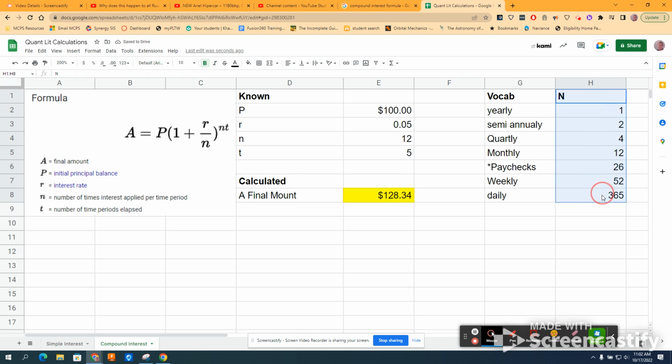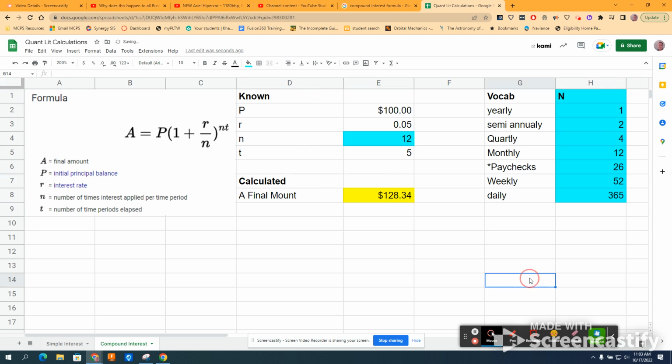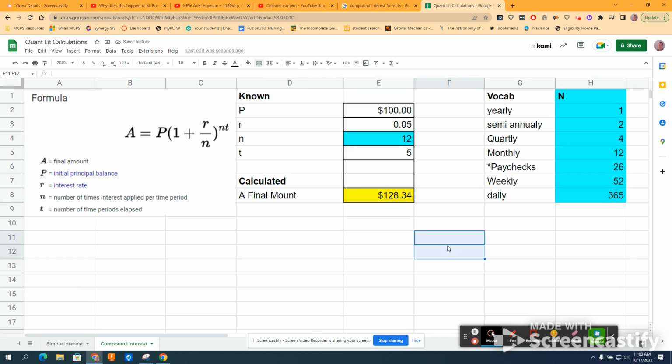Now, remembering that, we can color code this to some fancy color and make this here just as a little reminder of your N. So if you're not sure what the 12 is, you look over here and we have monthly. Okay. I'll format this a few other ways. Make it look a little better to your eye. I don't know if you think that makes it easier for you or not, but